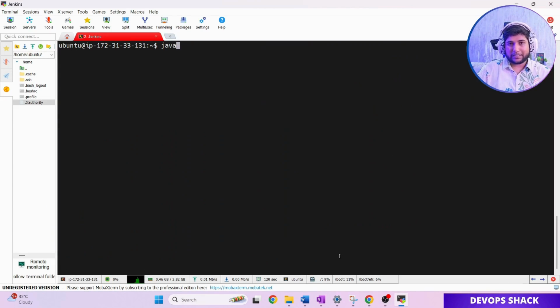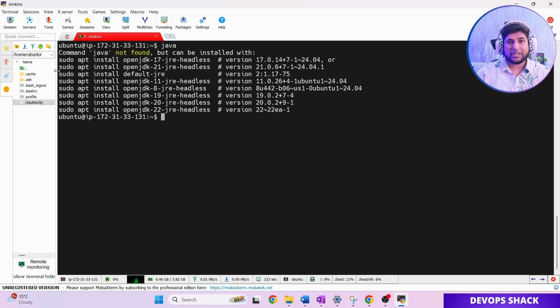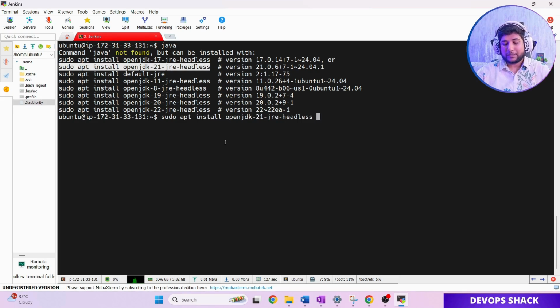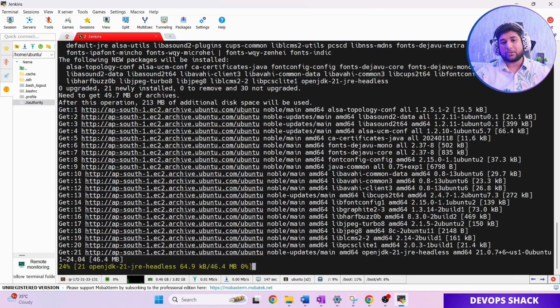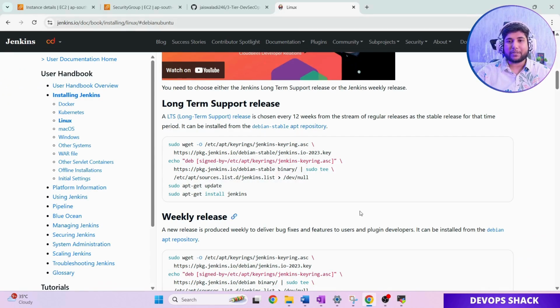So if I run here java, we can see there is no JDK present, but we are going to install JDK 21. Okay, I'm not using JDK 17 because very soon it will not be supported by almost everyone. So I'm going with 21, which is at this point being used almost everywhere, right? Now this thing you should understand, it is saying headless. Headless means this JDK does not have any kind of UI. So we will install JDK first, and meanwhile this is happening, we can copy the commands to install LTS version